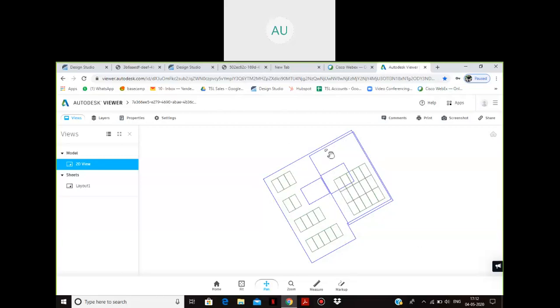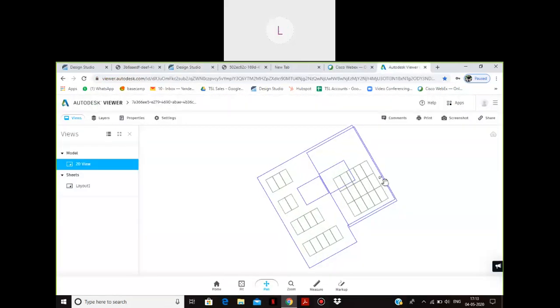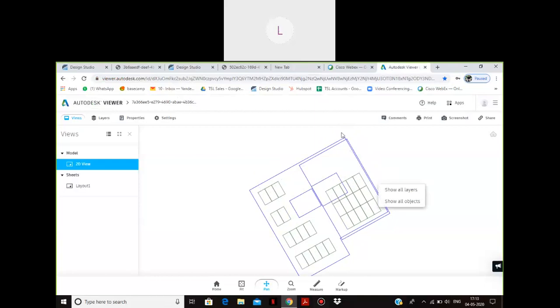You can have this in a DXF format as well from the software. And these are true to the dimension, so these dimensions are exactly the ones which you had designed with. You can even measure them and see.